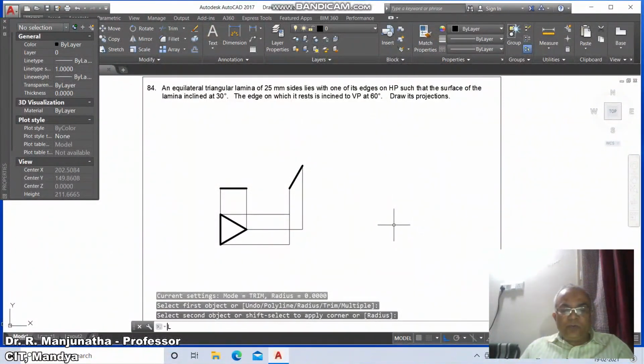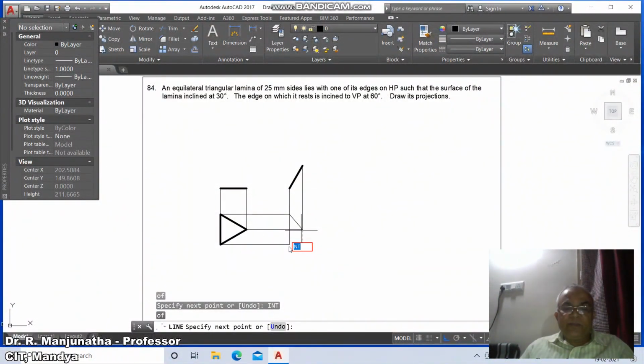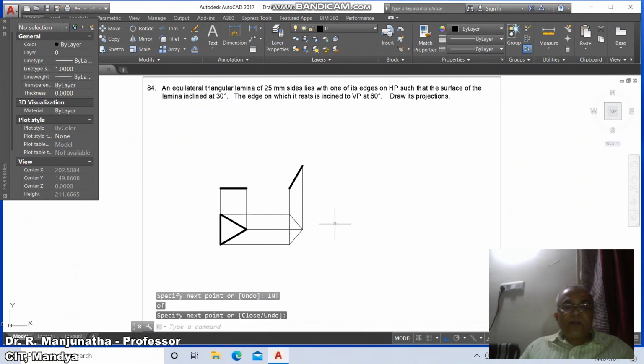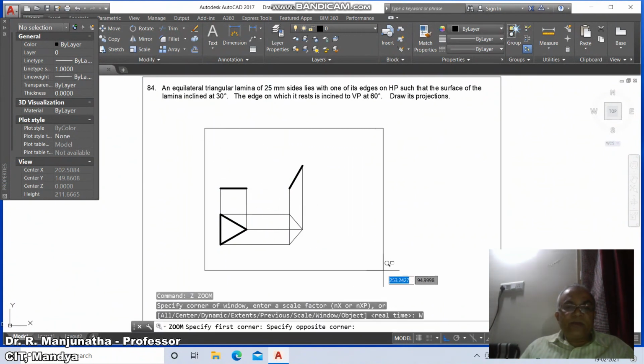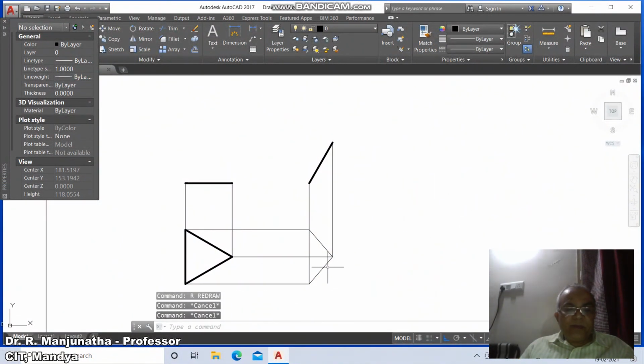Now we need to go to line, take intersection of this to intersection of this and take intersection of this.